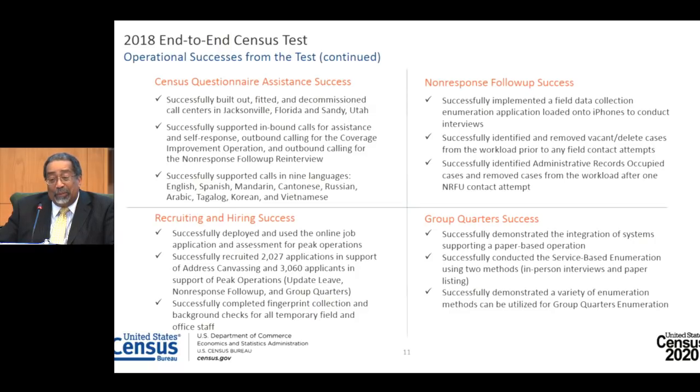For recruiting and hiring, we deployed and used the online job application and assessment for peak operations. We successfully recruited 2,027 applications in support of address canvassing and 3,060 applications in support of peak operations, update leave, non-response follow-up, and group quarters. As I previously mentioned, we were unable to recruit and hire as many people as our models indicated that we